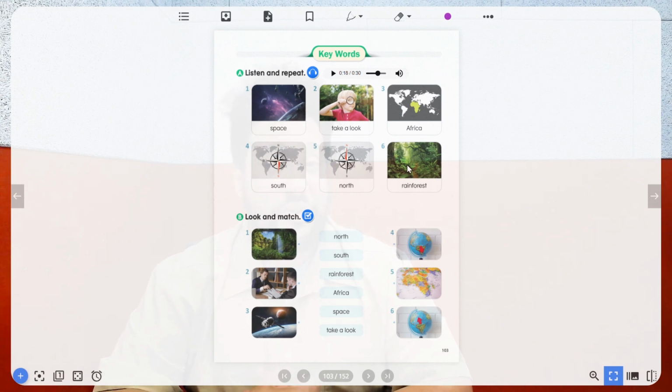What I would like you to do is to work with a partner and help each other out, okay? So draw a line from one of the pictures to the correct word. Let's do the first one together. So number 1 here is this picture